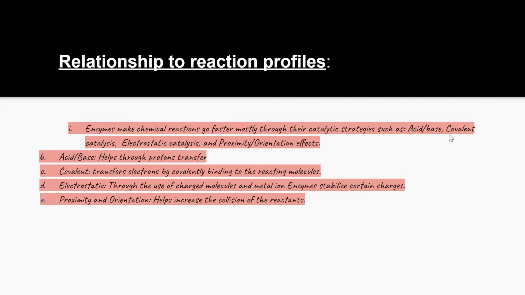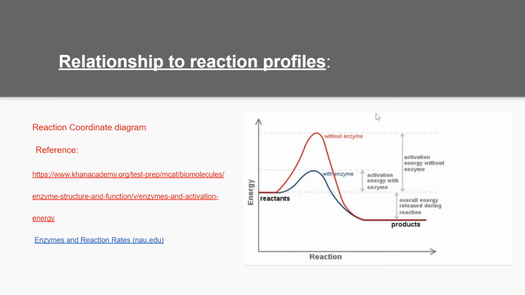And then we have the electrostatic strategy, which uses charged molecules and metal ions to stabilize certain charges in the reaction to let it occur with low energy. And then we have proximity orientation, which helps increase the collision of the reactants in order for the reaction to carry on with lower energy. And here you can see that our reaction without the enzyme requires a lot of energy, while it does not require as much energy with enzymes being